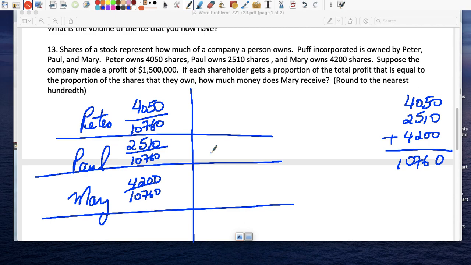4,200 divided by 10,760. I apologize for this. So Mary owns, rounded, okay, 39% of the company. Paul owns, and now I guess cheat again, 10,760. He owns, again rounded to the nearest hundredth, 23.33% of the company. And then Peter owns